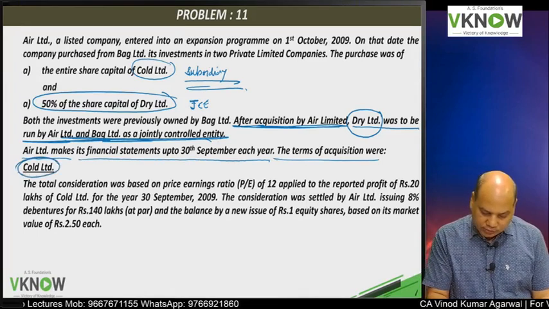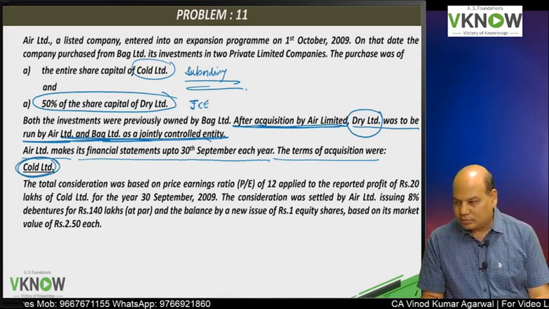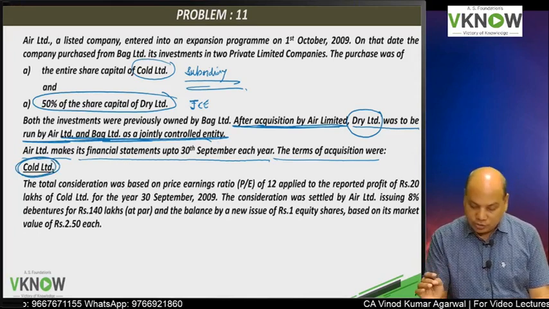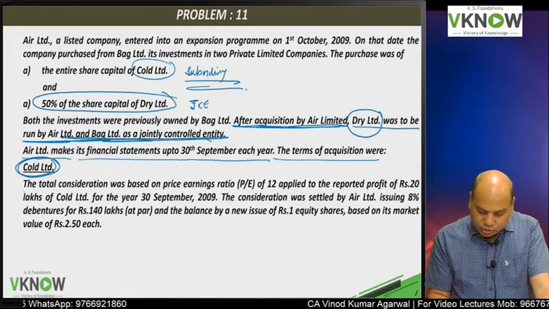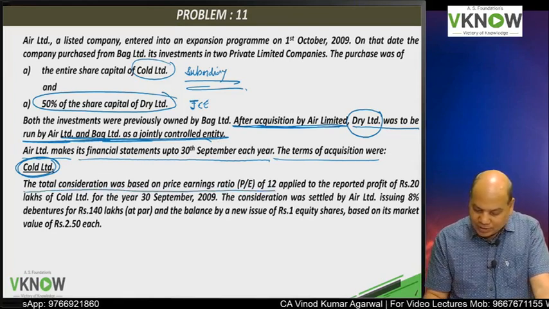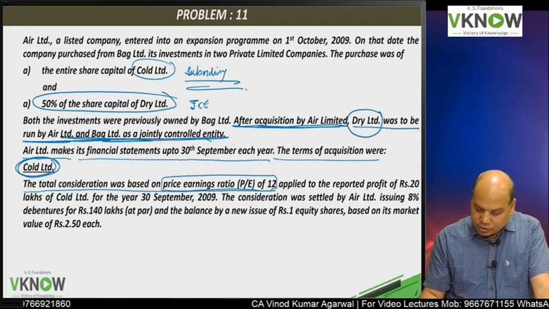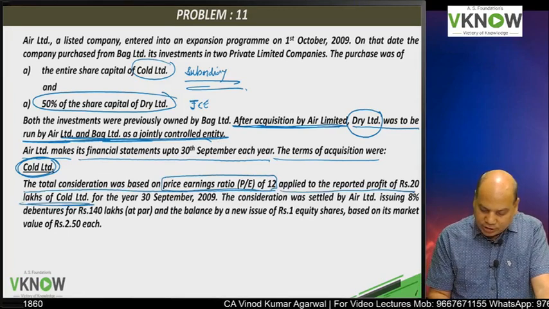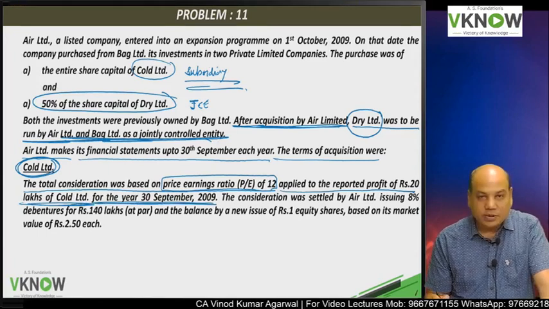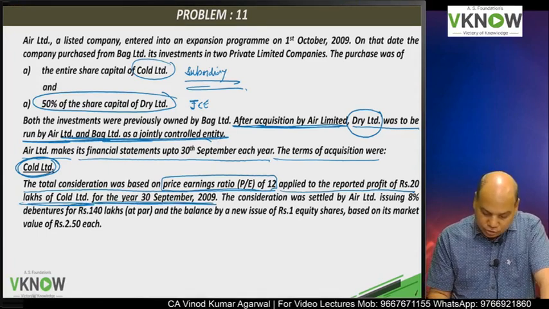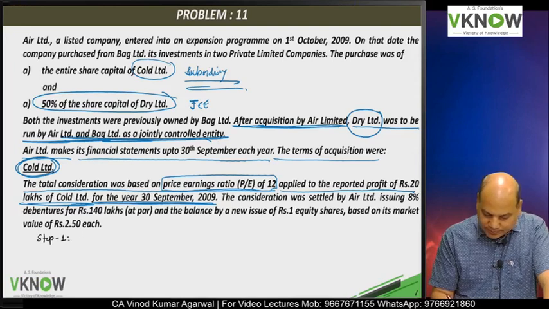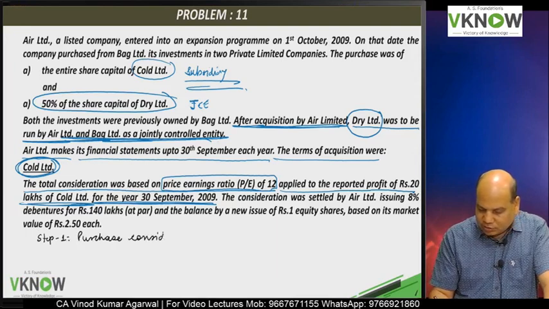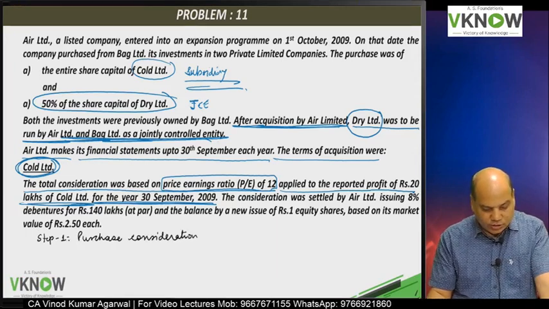So now they have acquired Cold Limited. Now details of Cold Limited are given to you for the purpose of computing purchase consideration. The total consideration was based on a price earning ratio of 12 applied to a reported profit of 20 lakh for the year 30th September 2009. So you will start writing in the notebook. Step 1, simultaneously understand also